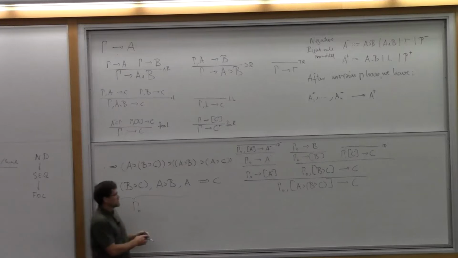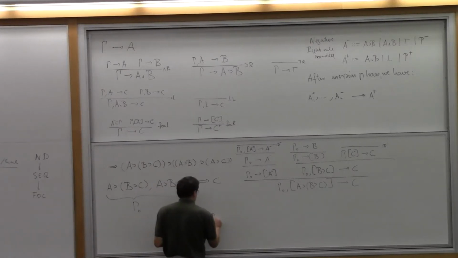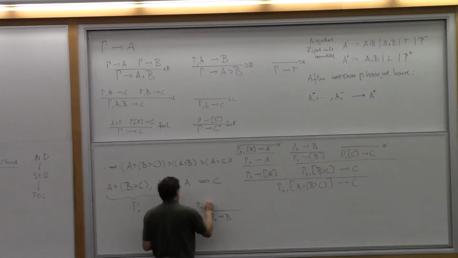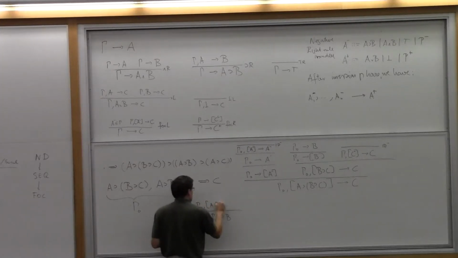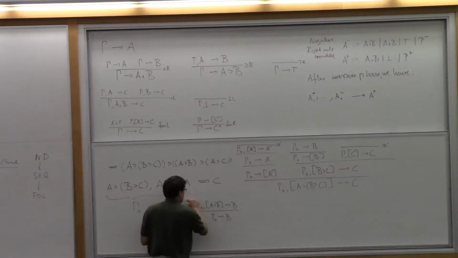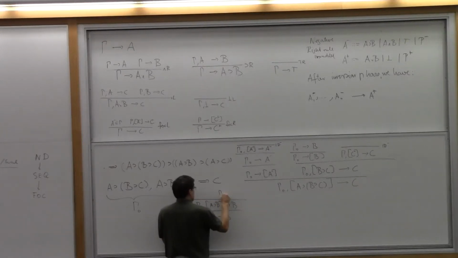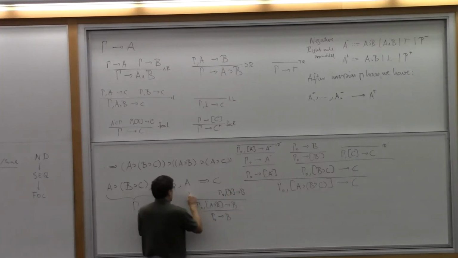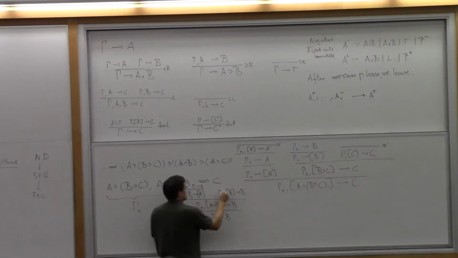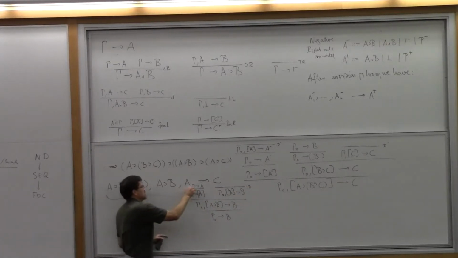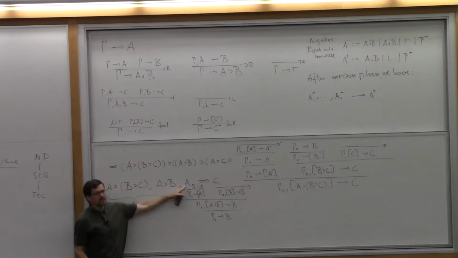If I expand it down here, gamma 0 proves B. If gamma 0 with A implies B in focus proves B, we break this down: gamma 0 together with B has to prove B, and from gamma 0 we have to prove A in focus. Here we drop out of focus, and here we use the identity rule and the two match. And now this we prove by focusing on this A again.